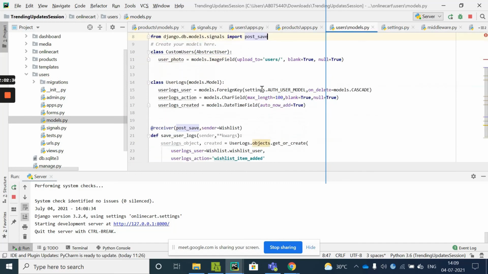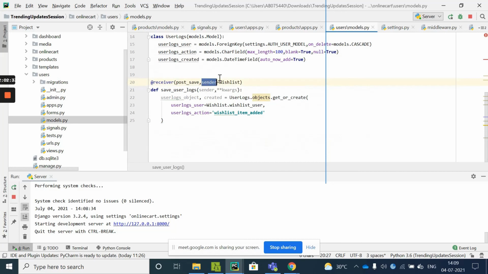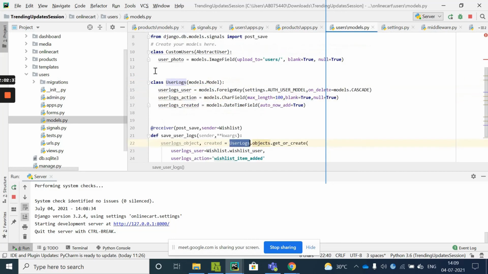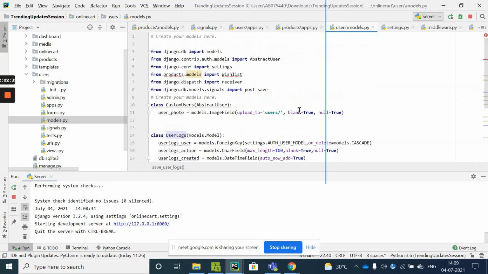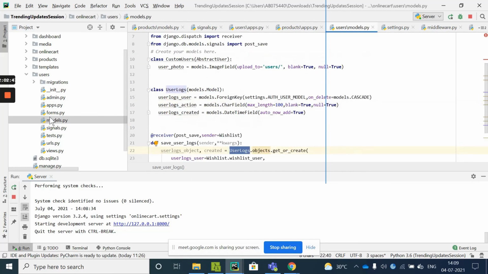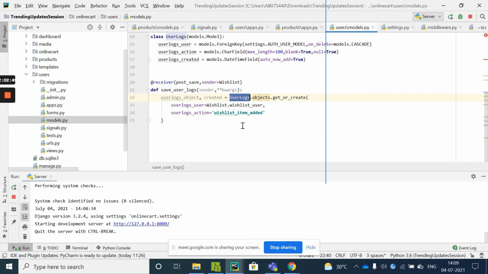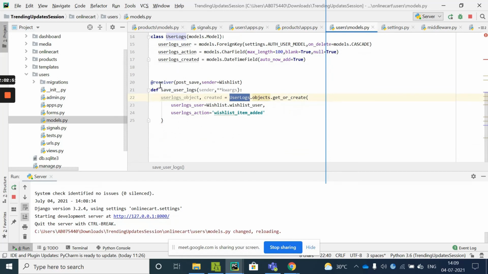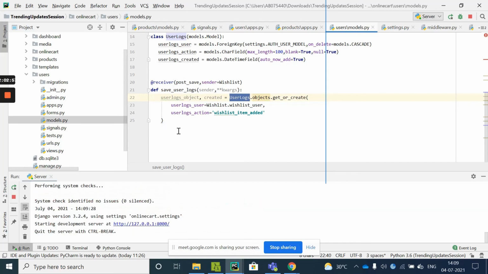This is the function that I'm going to use, and whenever the wish list is stored, user logs is being present here only. I don't need to import it now. It was giving me a problem of user log, so I have pasted the code in the models. Okay, save this, or you can paste it in the signals file also, however you wish to keep it.